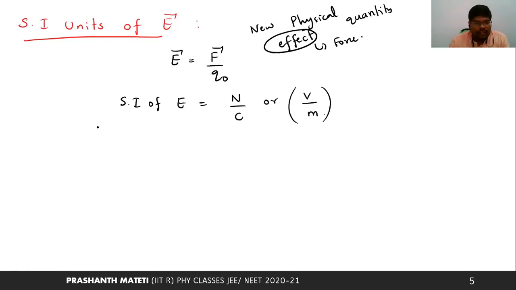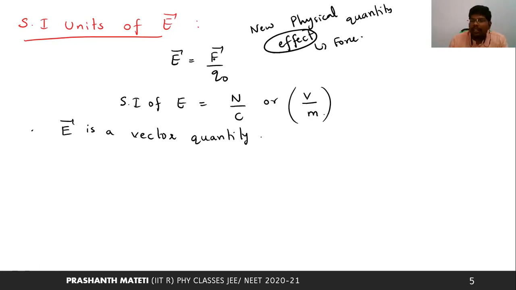Talking more about the electric field, it is a vector quantity, because when we say force per charge, charge is a scalar and a vector divided by a scalar is a vector. So the electric field is a vector quantity. Then, if you are wondering about the direction, what direction is it going to be?